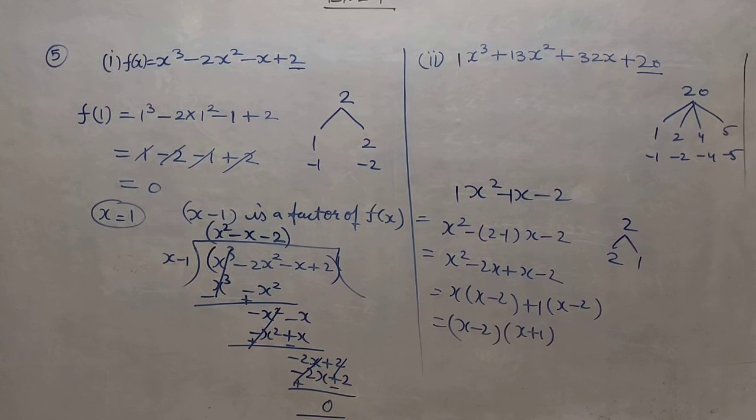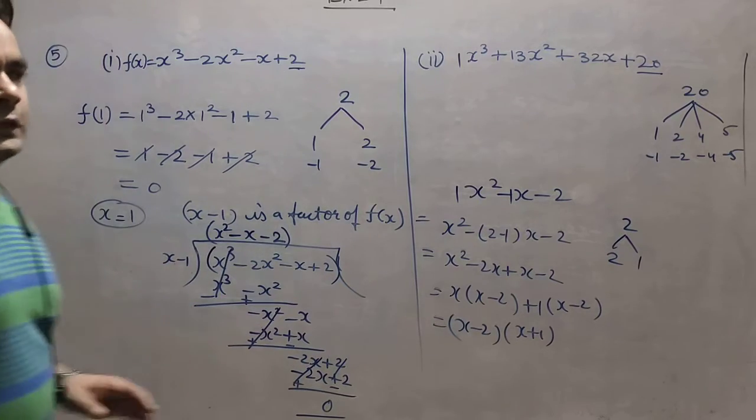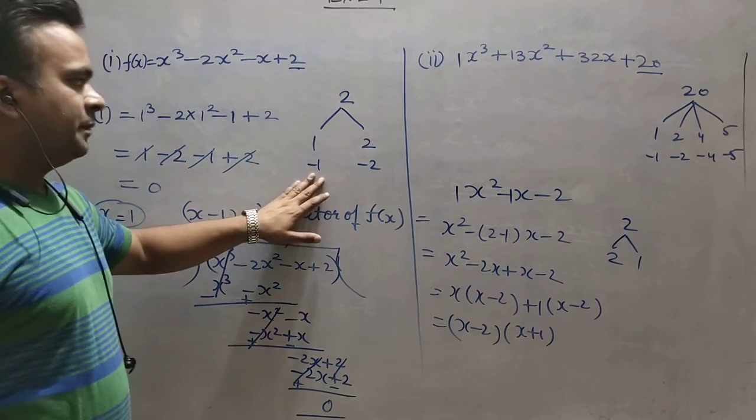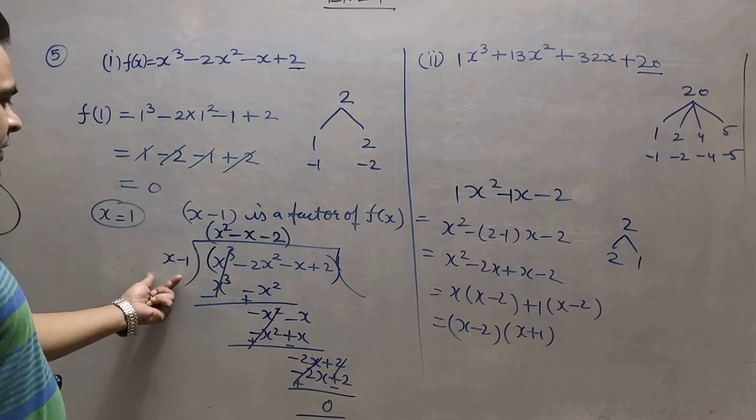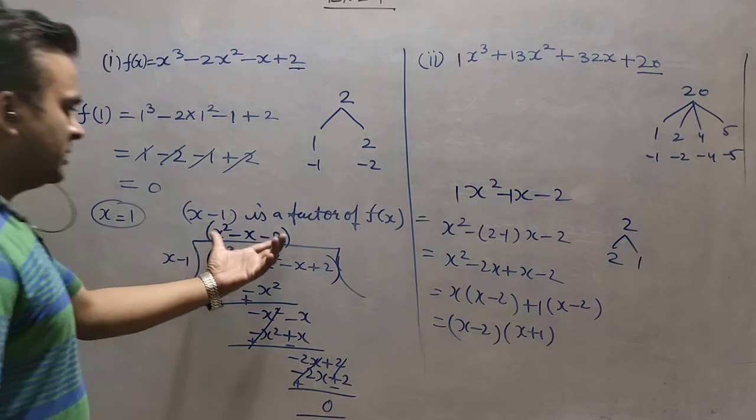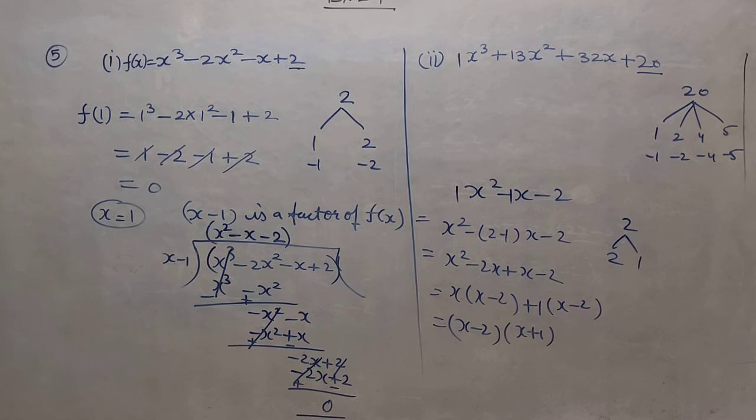So in this way we can find the factors of any cubic polynomial. Okay, suppose we have a biquadratic polynomial, degree 4, then by hit and trial we will find two factors, and the other two factors we can find by division, because the quotient will come in quadratic form, and we will find the other two factors with the help of middle term splitting, right? Otherwise we have to use hit and trial for each factor, that will take time, right?